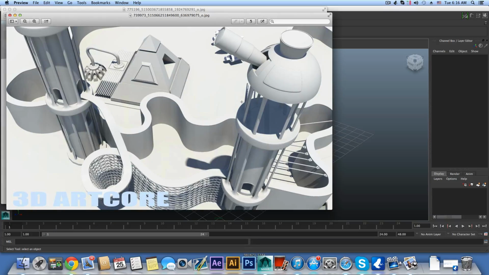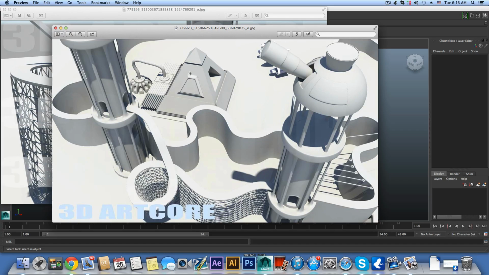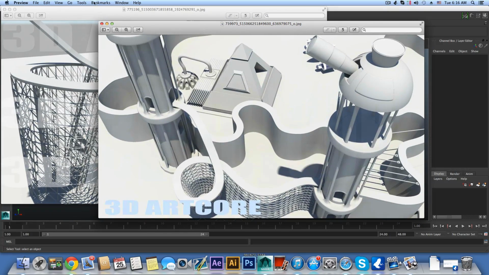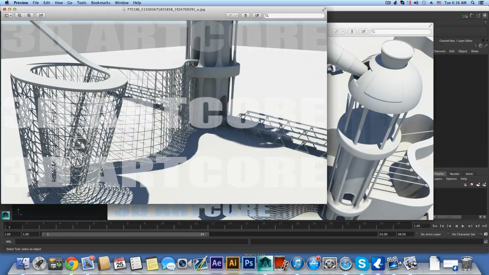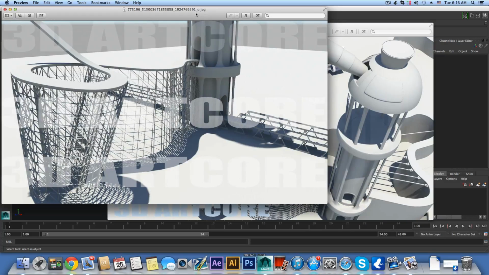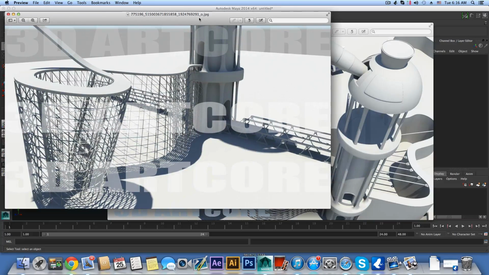Hello everyone on YouTube and welcome to a new 3D Artcore tutorial. This time we are going to start learning how to create and model one of my models. I named it Road Cities, and basically this is what you see here in these pictures. I got two pictures to show you. Well, there are more pictures of it, but I decided to show these two because mainly what we are going to do in this tutorial is